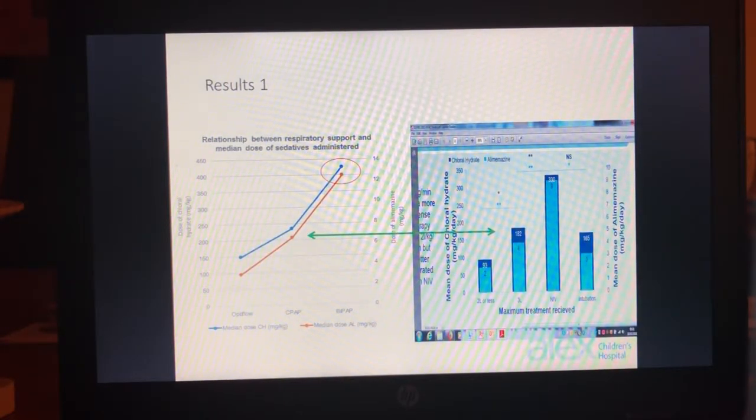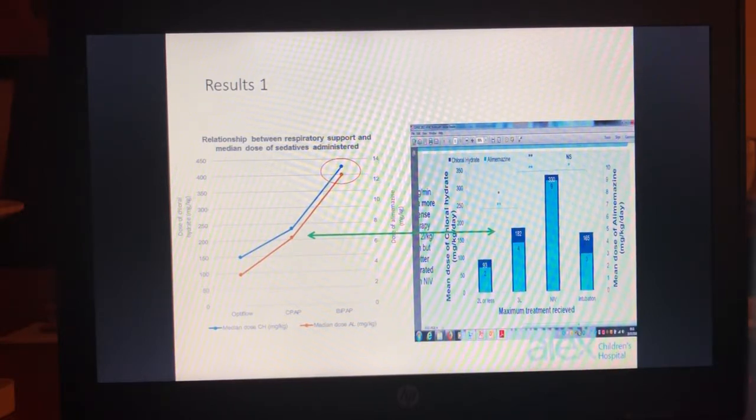So the results here are shown on two bar charts. Both of them have a left-hand y-axis showing the dose of chloral hydrate in milligrams per kilo per day, and the right-hand y-axis is the dose of alimemazine in milligrams per kilo per day. The left-hand bar chart shows that the blue line is the dose of chloral hydrate and the orange line is the dose of alimemazine, and when we look at CPAP, as pointed out by the left-hand green arrow,